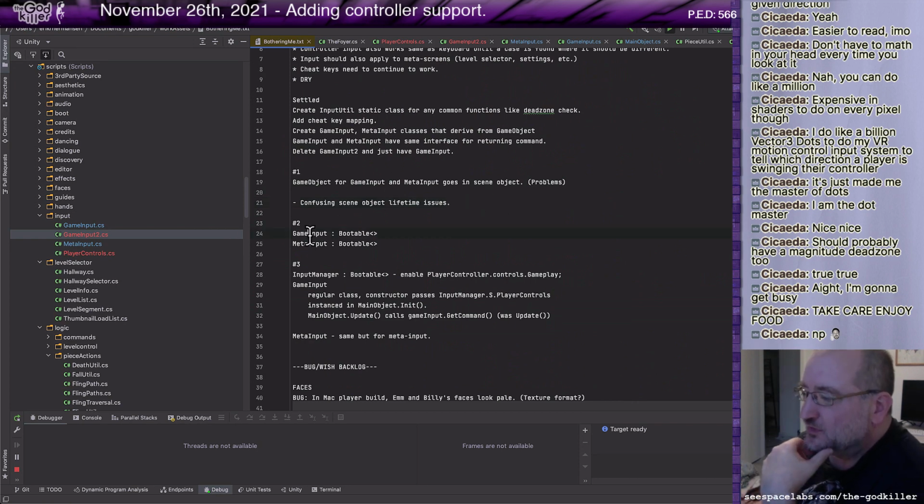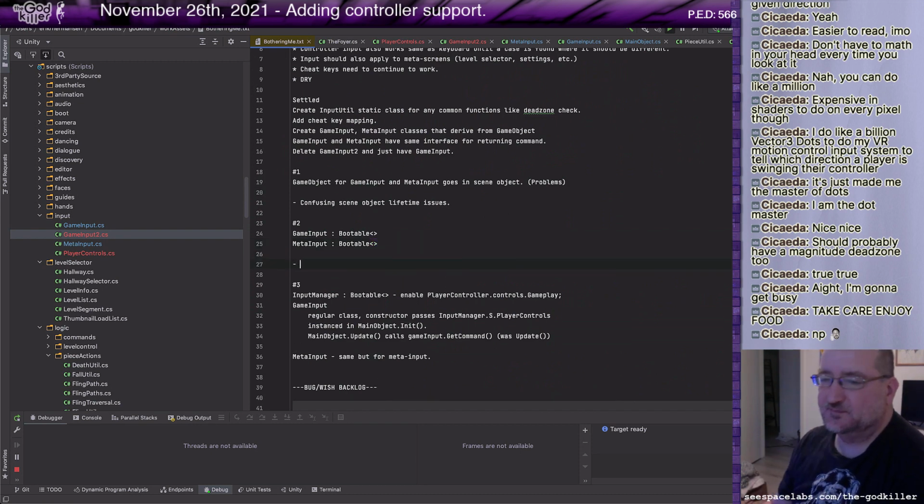And number 2 would kind of do that, but that would require me to put more in bootable than I actually need. And there would be maybe some questions about if both of these creatures are living in bootable and they both have an instance to the player controls object and they both enable it, does that cause issues?